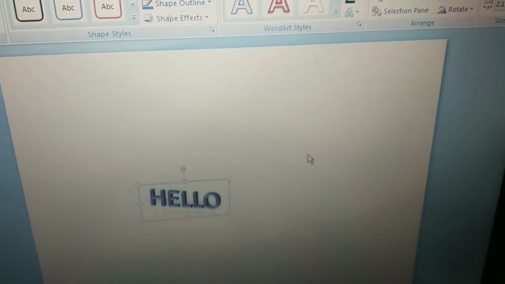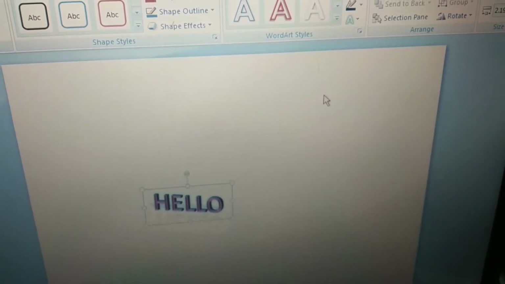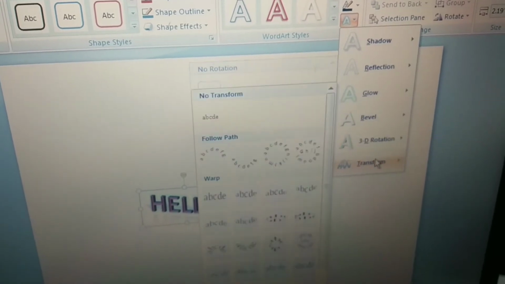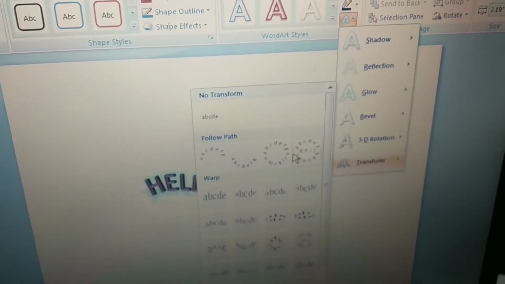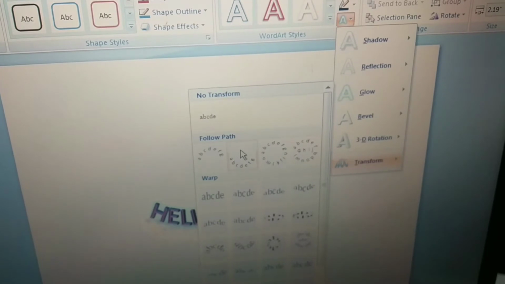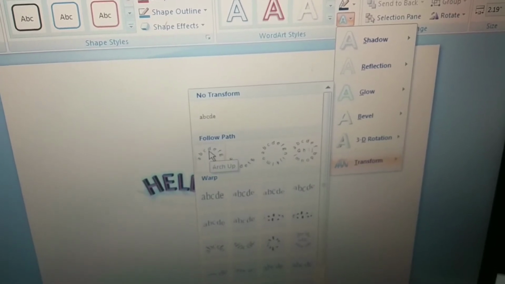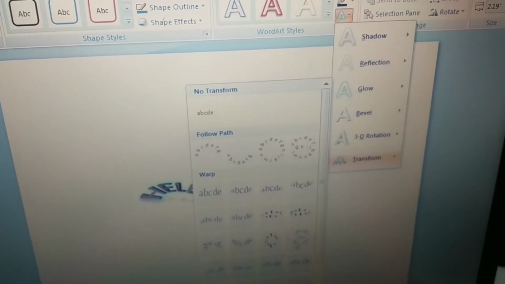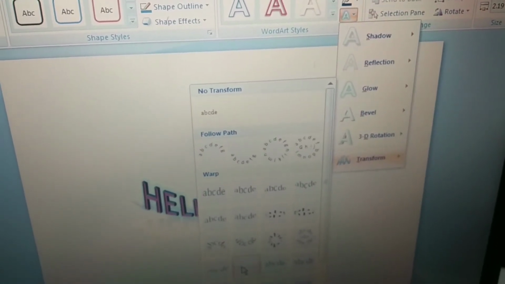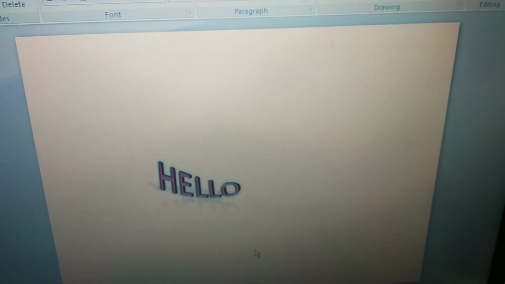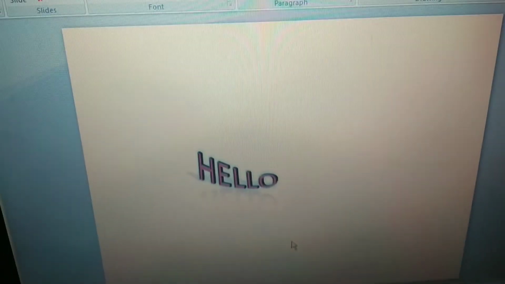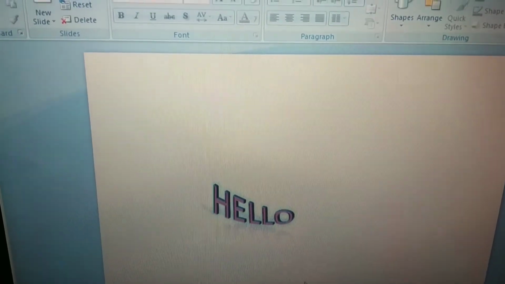I will select one of it, and this is the 3D rotation, and the last one is transform. Like this we can take any of the transformations. So this is all about inserting word art and formatting it.